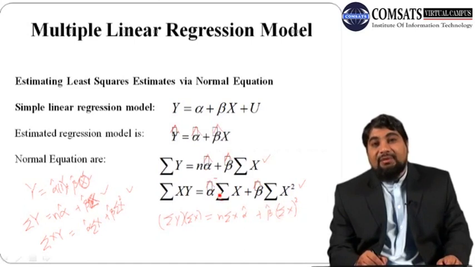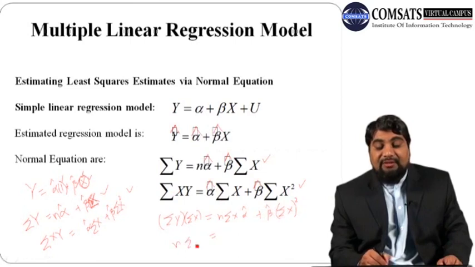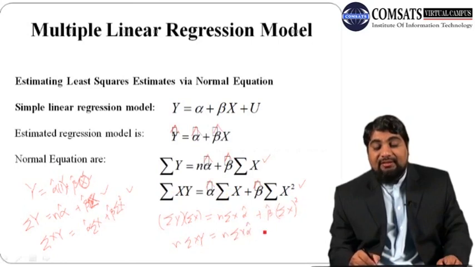Similarly, multiply equation 2 on both sides by n. This becomes n summation xy, equals n summation x alpha hat plus n times beta hat summation x square. You can see that if we subtract this second equation from the first,